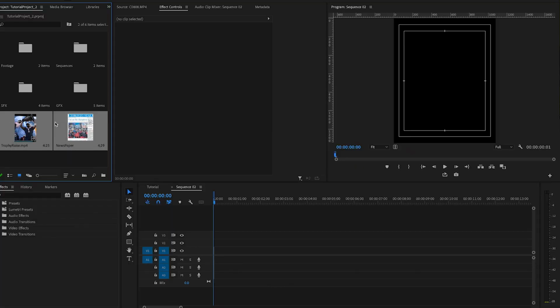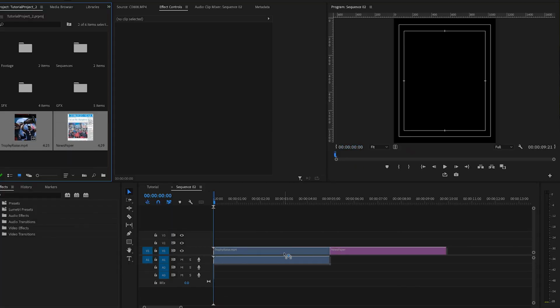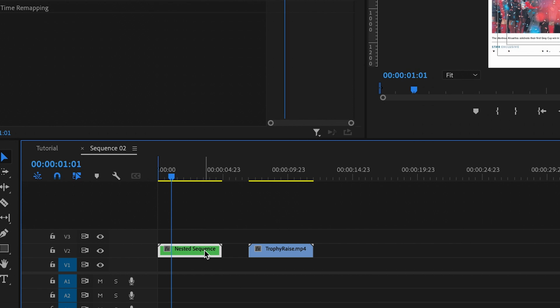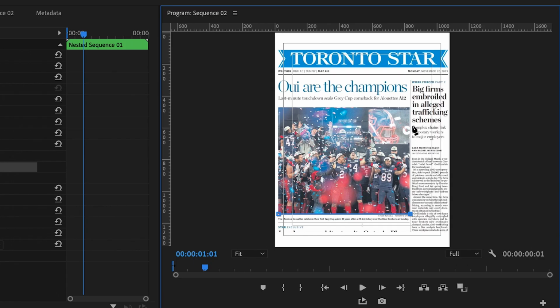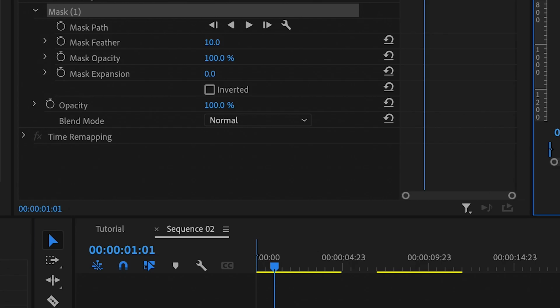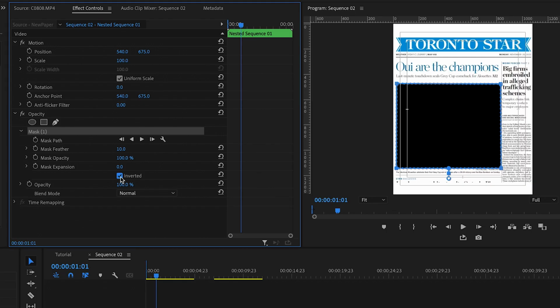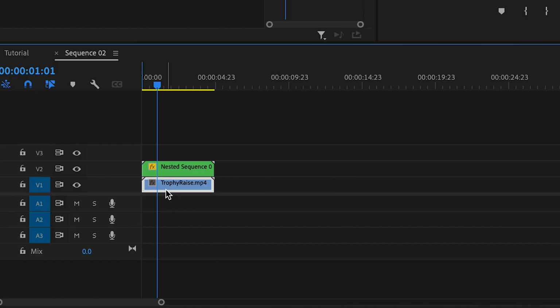to the documentary's narrative. In Premiere Pro, with your imported newspaper PNG and the clip you want to use, place them on the timeline. With the newspaper PNG selected, go to the effect controls and create an opacity mask to cover the initial photo on the newspaper. Then on your timeline, drag your clip under the newspaper PNG to cover the black hole that the opacity mask